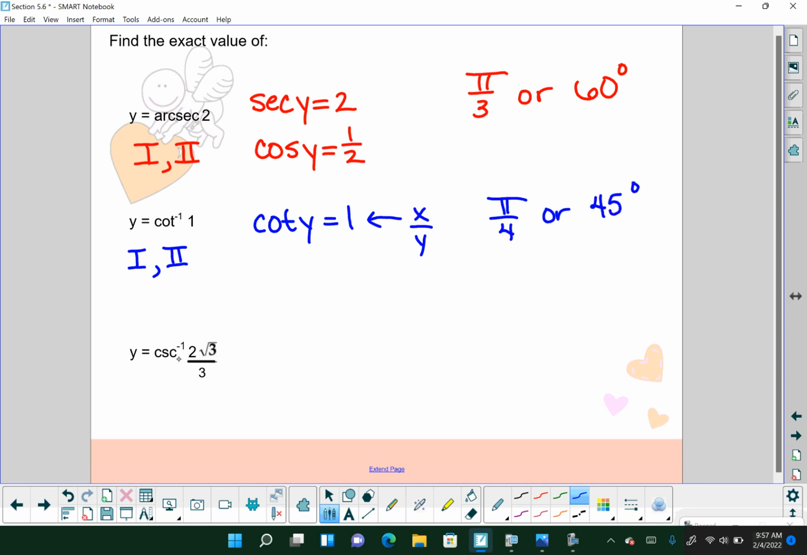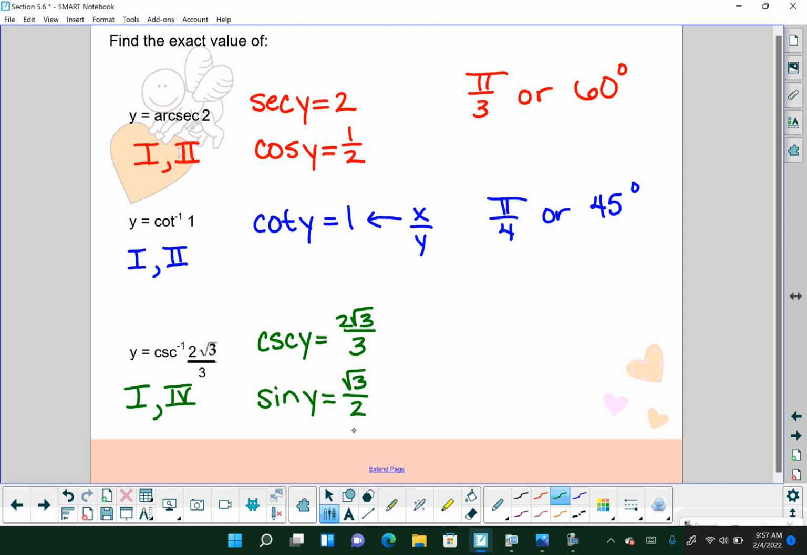Finally, we have inverse cosecant of 2 rad 3 over 3. Inverse cosecant is defined in quadrant 1 or 4. If I have a function whose cosecant is 2 rad 3 over 3, that is a sine function's reciprocal, and what value we had to take the reciprocal of to get 2 rad 3 over 3, hopefully you know from all of our unit circle practice,